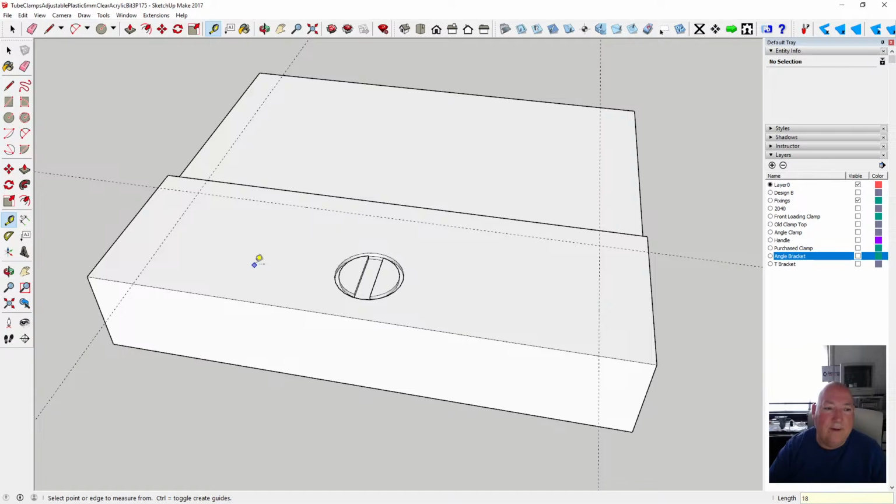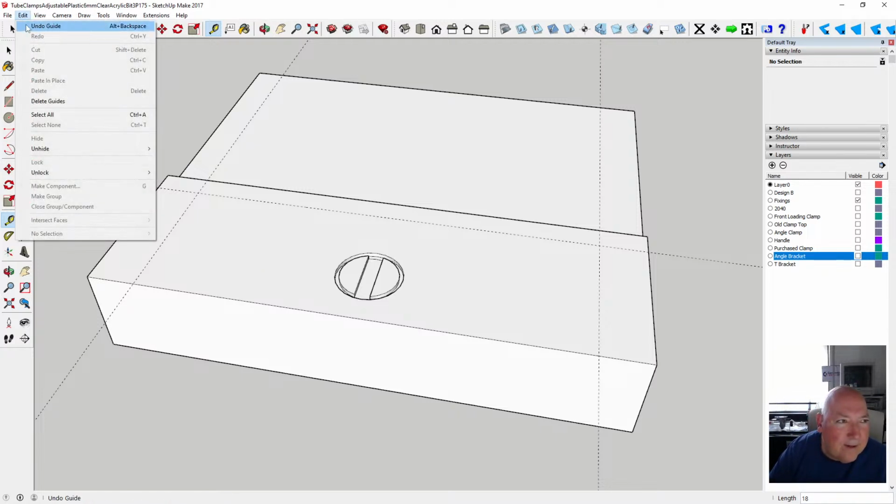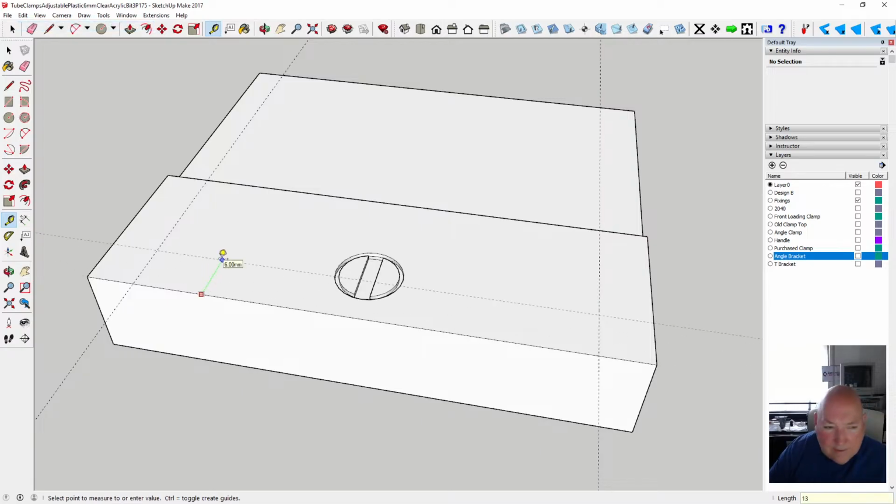Oh no, that's not right. That's too far. What's going on? No, it's not 18 mil. It's 13 mil. That's it. And we've got a little Phillips screw to hold the case on. Let's see what size we got there. It looks like 3mm, is it? Yeah, 3mm diameter, so 1.5